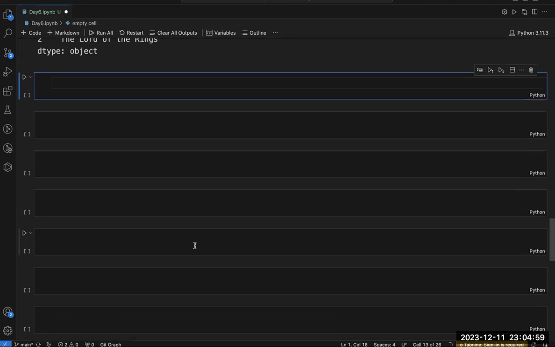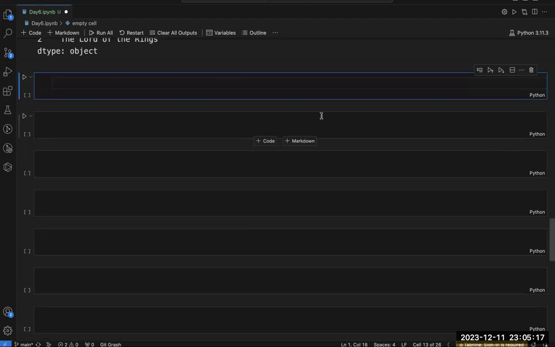In the last session, what we really studied is how we can create a series, how we can write the label in that series, and how we can write the values for that label.